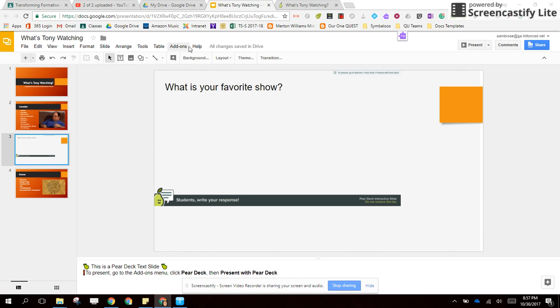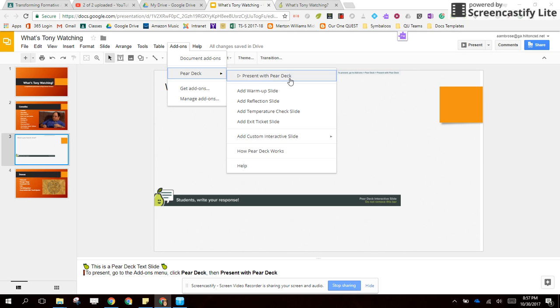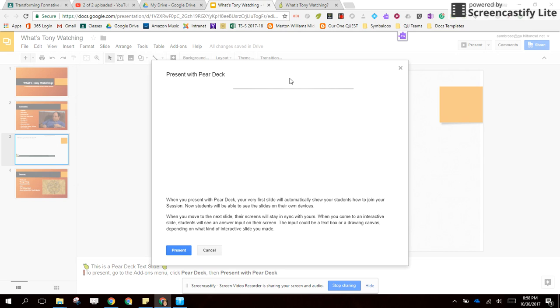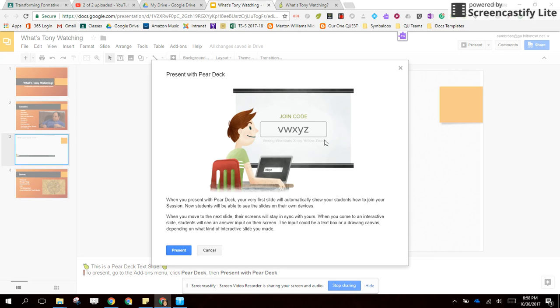And then in order to present this, once you click add-ons under the PearDeck menu, now we just click present with PearDeck, and it creates a new PearDeck file that can then be added on into PearDeck. And like you see here, what will happen once you click to present, the file will be converted into a PearDeck file that works through the PearDeck website, and it will give you a join code, and thusly giving students a join code so that they can start to interact and add their responses to whatever prompts you've inserted right into